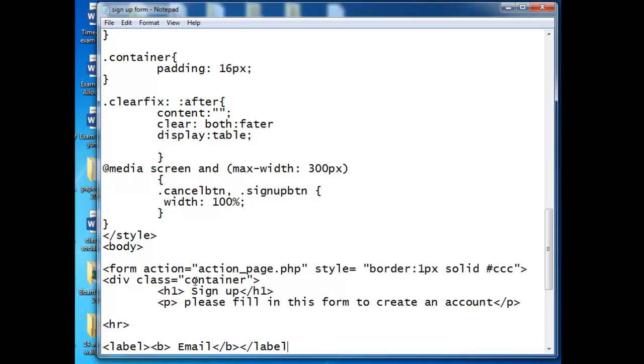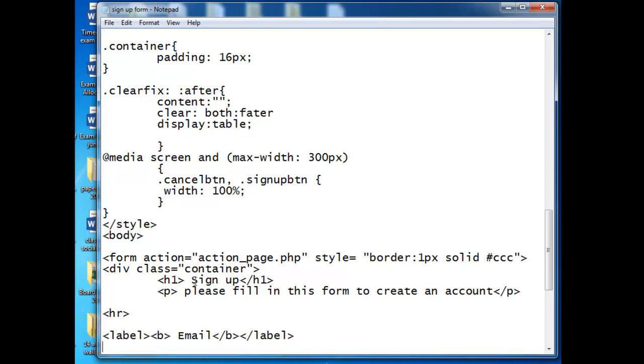Now I have to write input type equals to email, or input type equals to text,